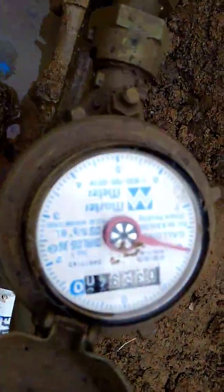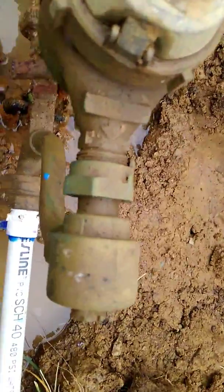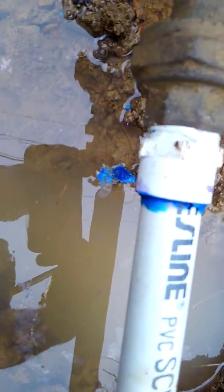It's right there. So you can see that I got the valve shut off. You can see that the meter's not turning, it's stationary. This is a regulator side, and it drops down and comes in this main line that comes into the house. And right there on the very top is where I had a leak, just in front of that word S